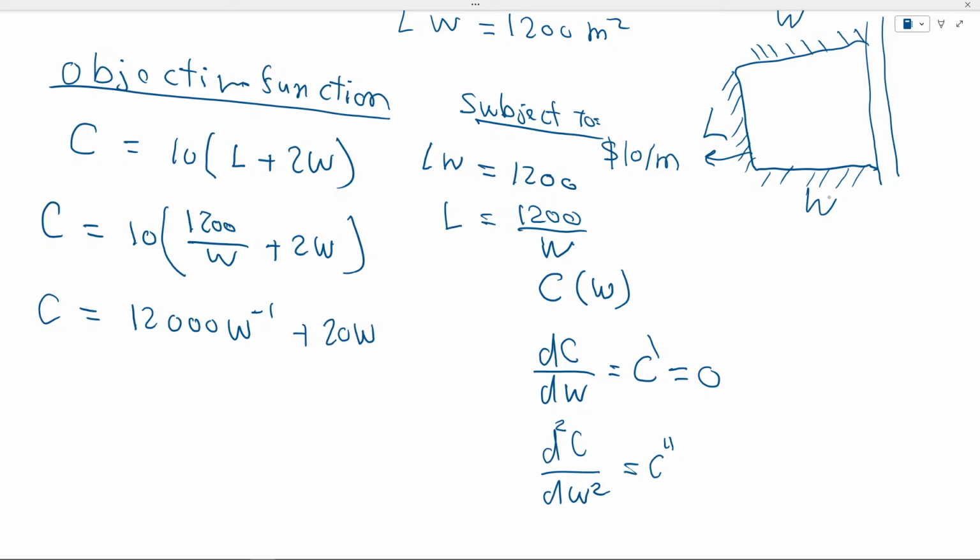Yeah, so can we do it? Yes, we can do it. So you find the first derivative. That would be minus 1 here, so that would be minus 1200 W to the minus 2